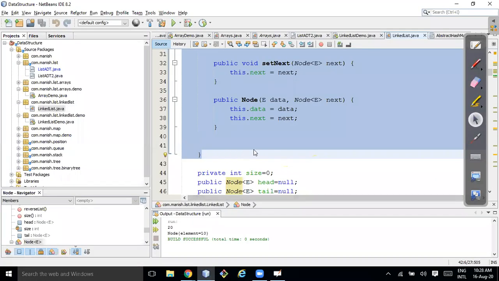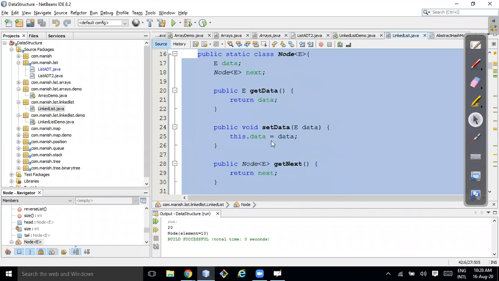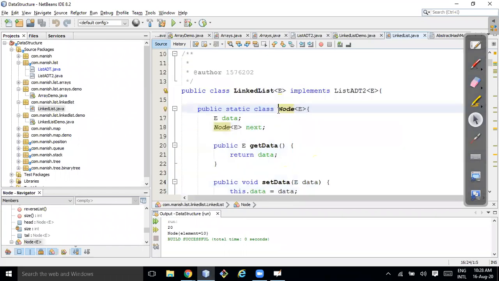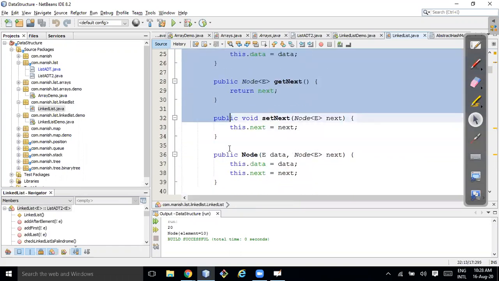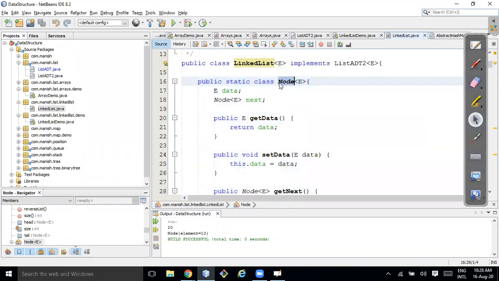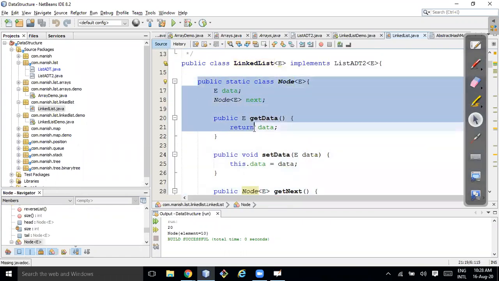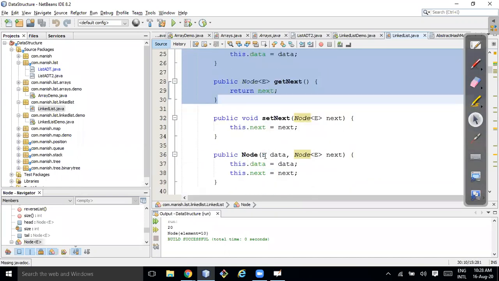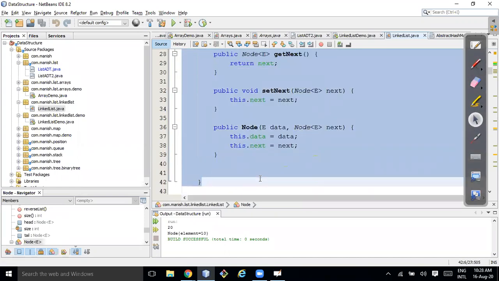Yes, it's encapsulation. We have hidden the node representation within the linked list class using a nested inner class. This is a nested class, and the outside world cannot access this node object.